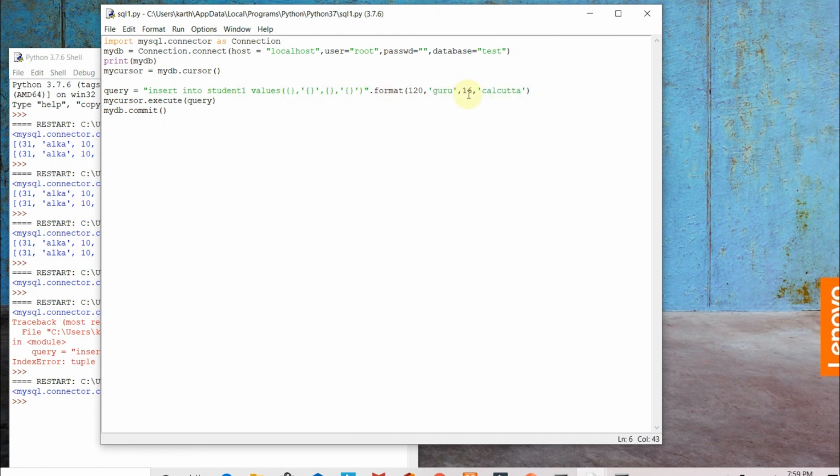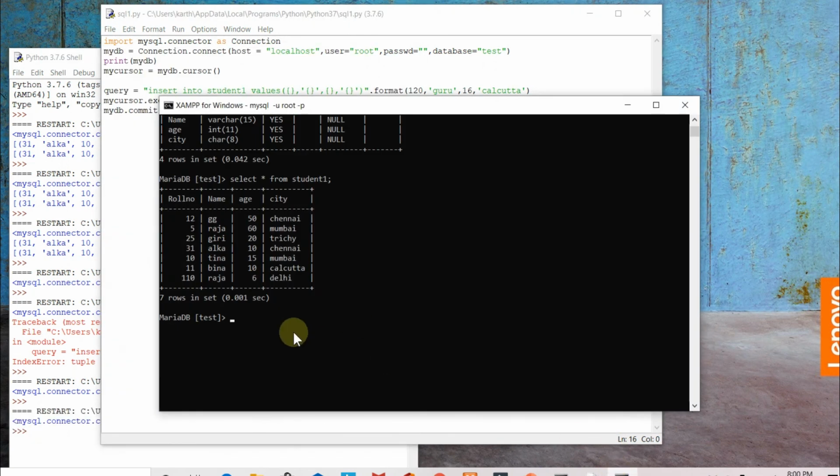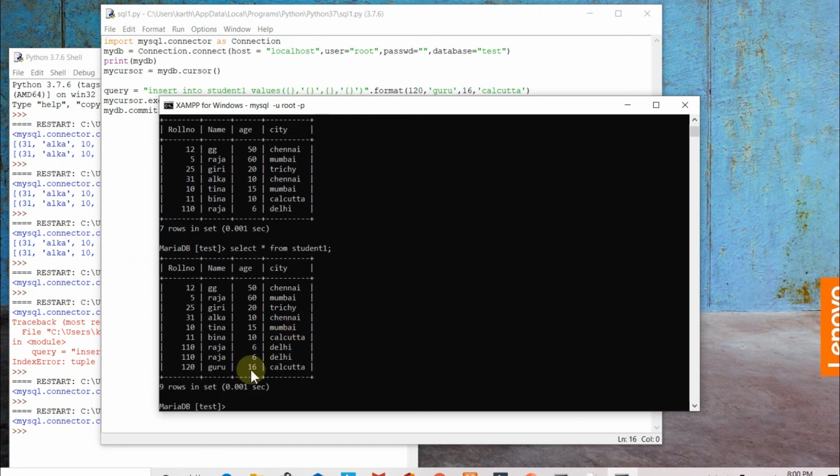Either we can give the name and invoke the values, or you can directly have it. If I'm giving in this way, 120 will be placed over here, and the name of the person Guru will be pasted here, and 16 in this position and Calcutta in this position. Now when I'm going to execute, let me see in the table, the last value has got added into the table.